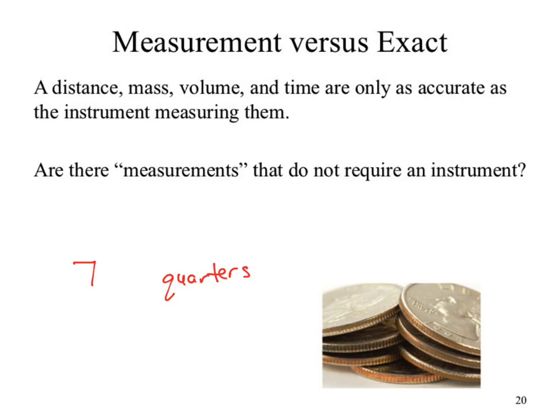This is not 1 sig fig, because if it's 1, then you're saying it is possible that I have 7.1 quarters here. No, there's 7 quarters. There's exactly 7 quarters. Okay? So we have an infinite amount of sig figs. Does this show up with other things? It doesn't have to be counting.